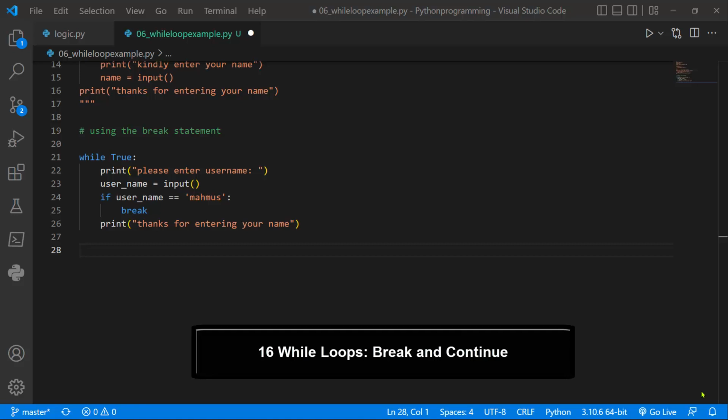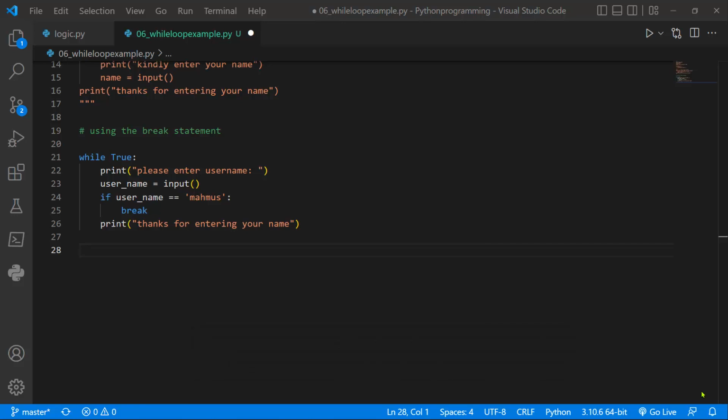Hello guys, in our last example we saw how we could use the while loop. This time around let's go ahead and see how we can use the continue within a while loop. With the continue statement we can actually stop the program and continue on to the next iteration or the next set of instructions. So what I'll do is to just comment this out